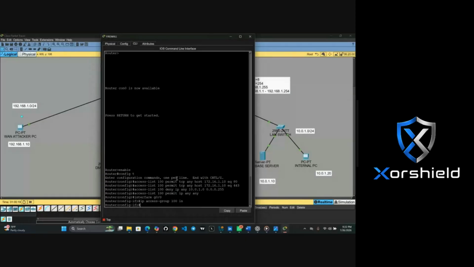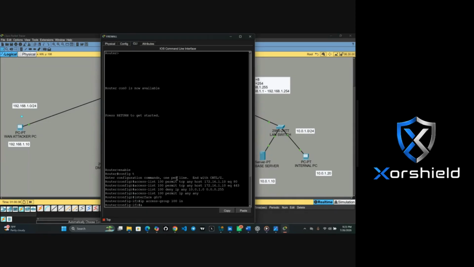Then you enter. The next one we are doing now is to allow web server to have access to our database.